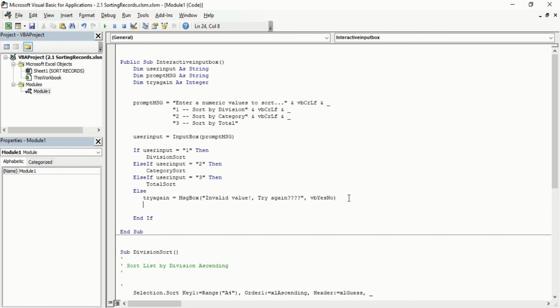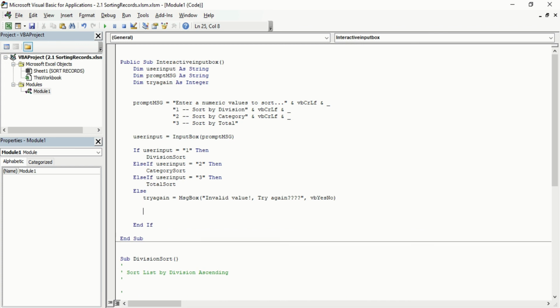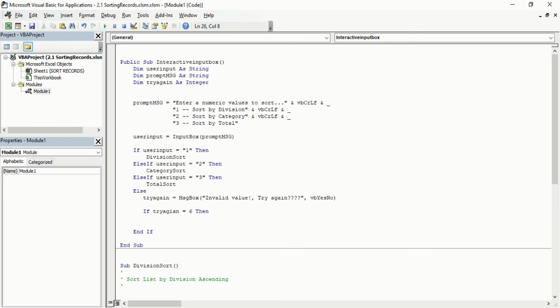Now what we will do. So now you have to give an answer for yes or no, and if the answer is yes then what will happen, if the answer is no then what will happen. So now we will write an if statement. If try again is equal to 6, then. So why I have written a 6?